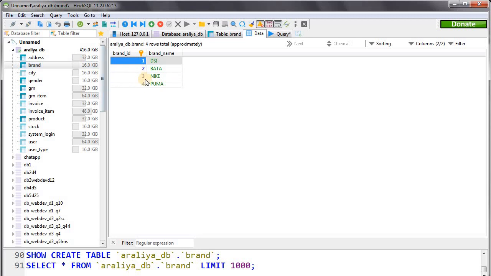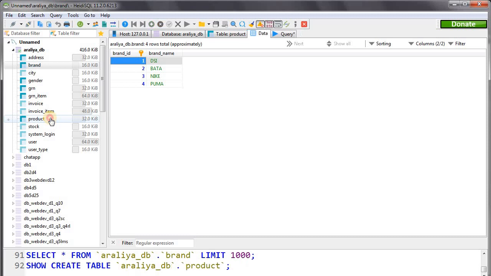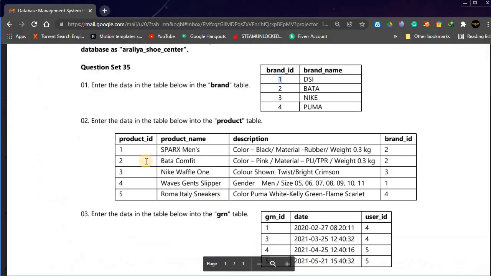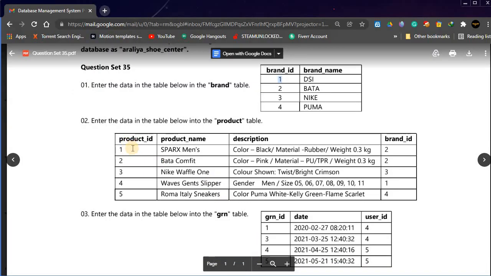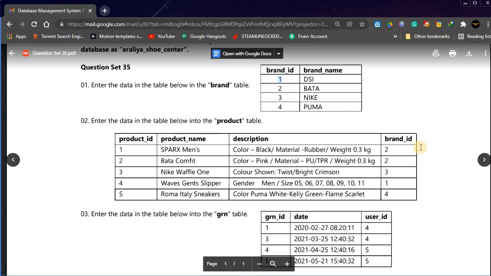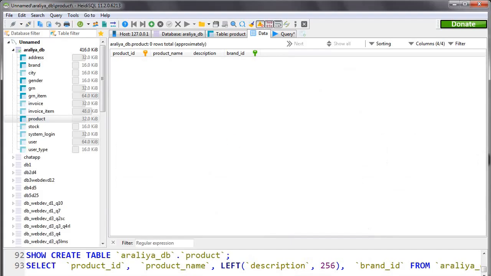Okay, now we already entered these details to the brand table, so we can enter data to our product table. Now let's enter these details. Here's the first one, product ID. We don't have to enter this data. Product name, Sparks Men's, and description, this one, and brand ID is number 2. So let's do that part.